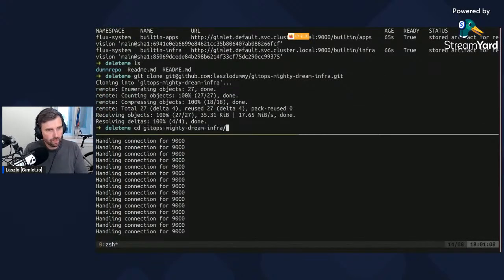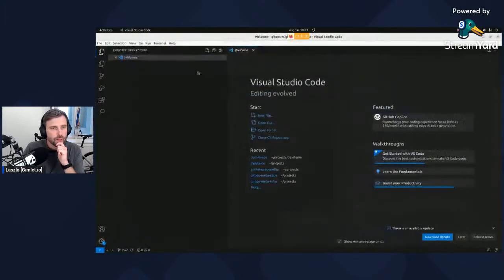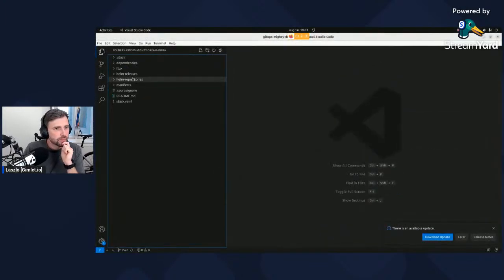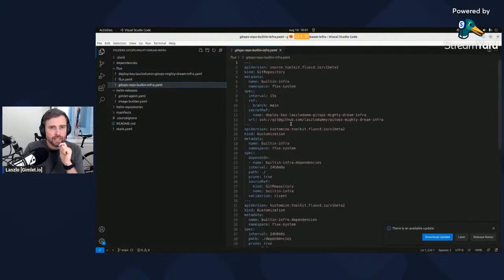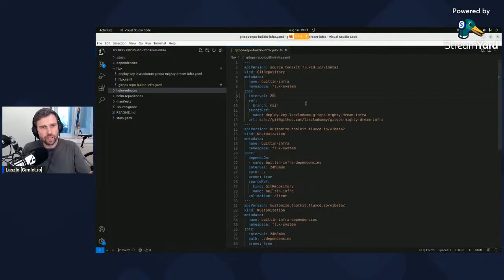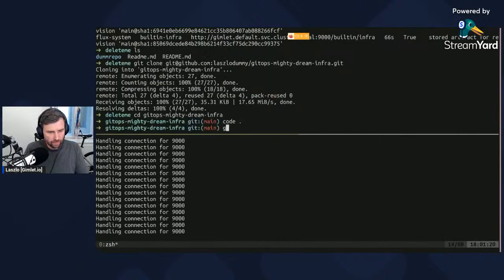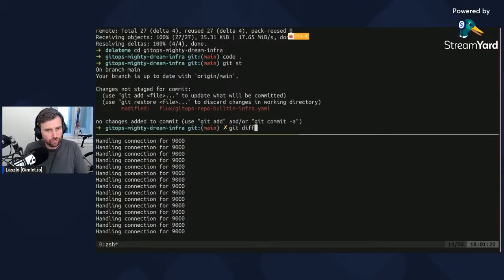And I'm going to enter into this repo and open this file. Maybe first I just make a dummy change, so you believe me that this is actually GitOps. So I just change the interval to 20, and if I do a git status, git diff,